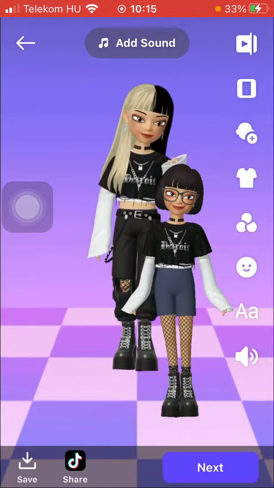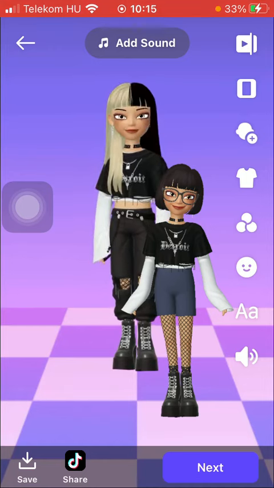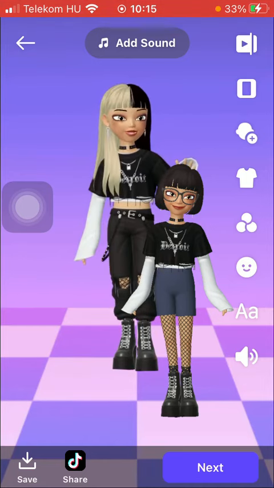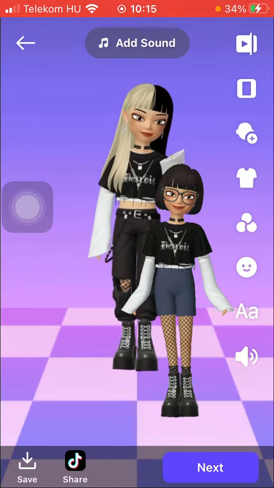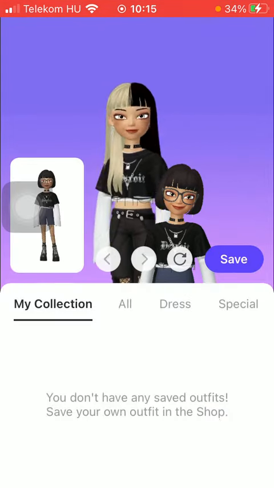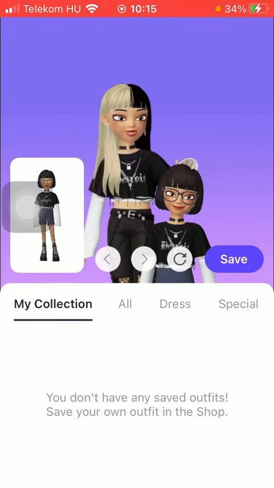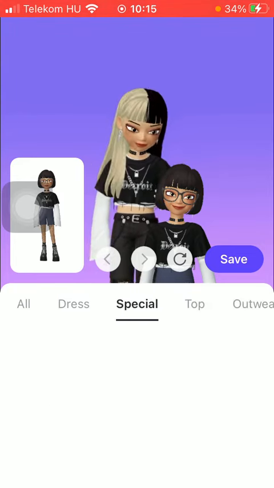First of all, open the application and start creating your video. Then you should tap on this clothing icon or this t-shirt icon on the right side of the screen. That's the fourth option. Here you can select from a bunch of categories such as all, dress, special, top, outwear,